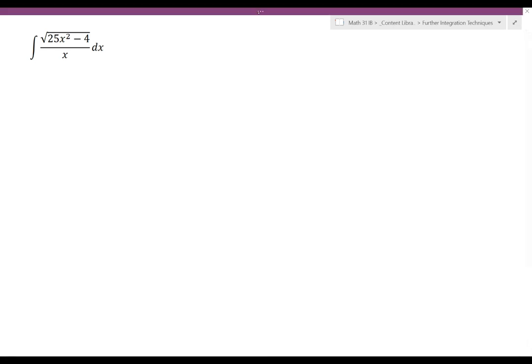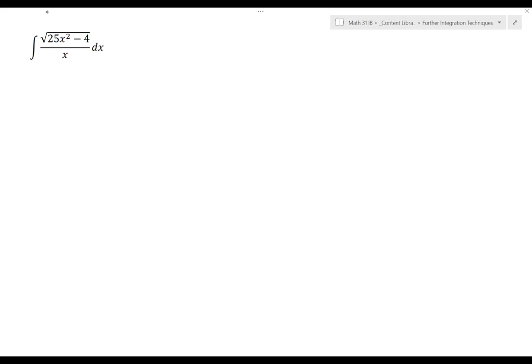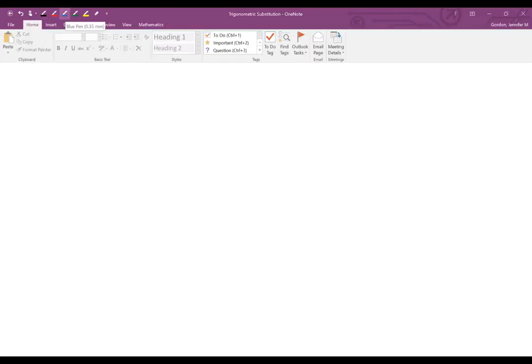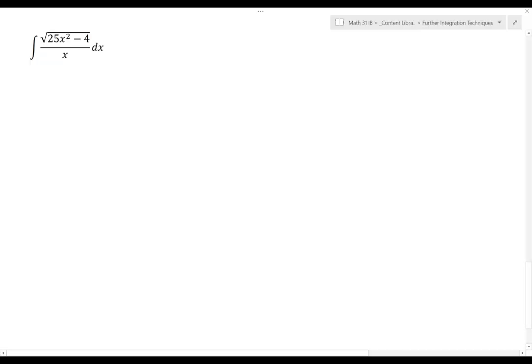But I see inside the square root a bit of a Pythagorean structure. So let's think about how we can deal with this. Now, in the previous case, I had a constant minus a variable squared, so I was using the identity for sine and cos because that has the constant minus sine squared or the constant minus cos squared. But here I have the identity where I have a ratio minus a constant. So the identity that I'm going to use here, and this is not the only one you could use, but it is